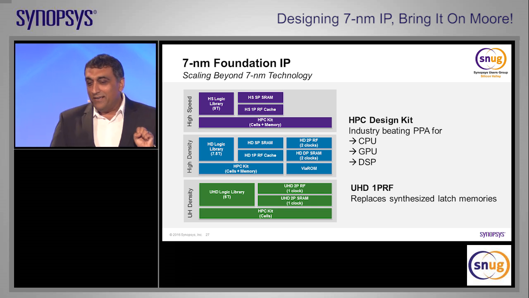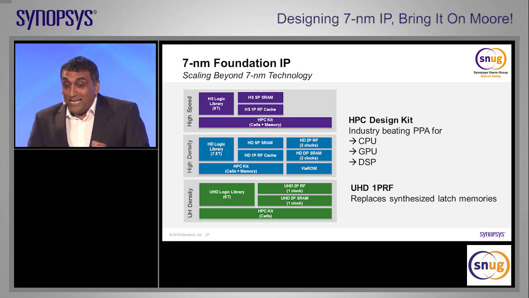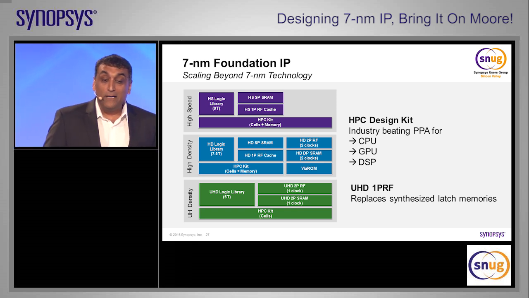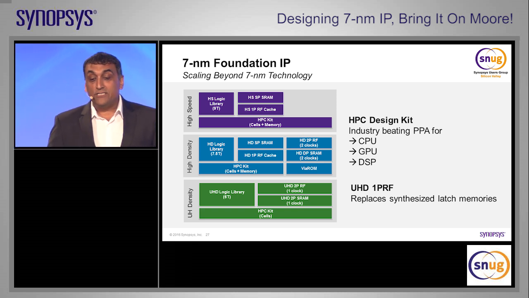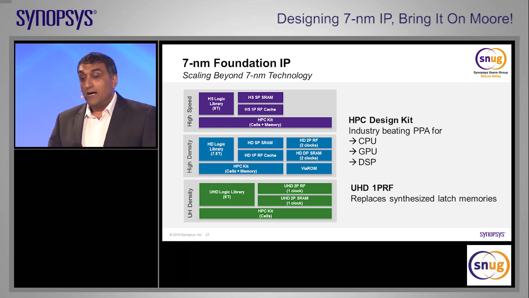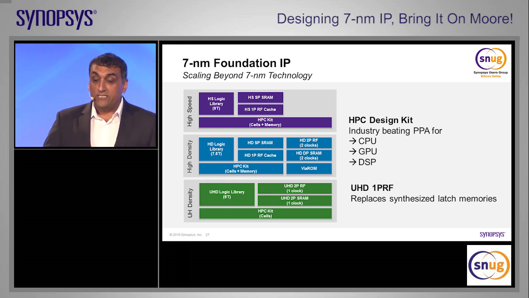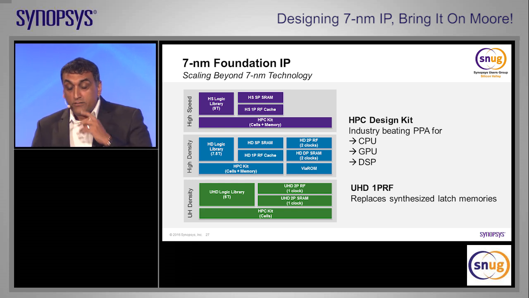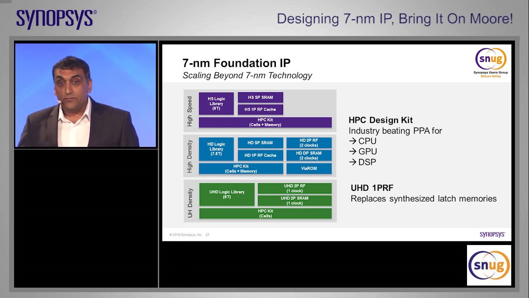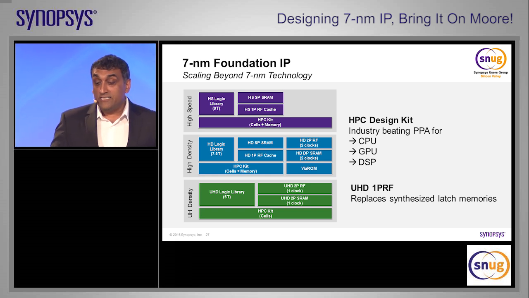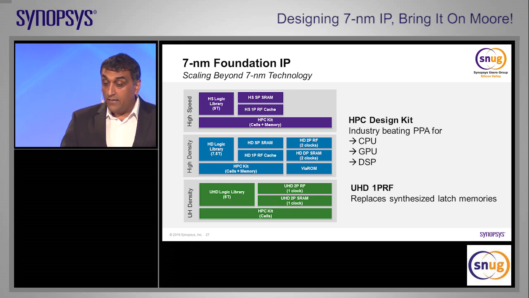What I'm saying is that as an IP developer, you can actually eke more performance out of those devices by having special memory and library elements in your standard offering. From our terminology, we call it HPC, which is called High Performance Core Design Kit. And this we've benchmarked on previous nodes. For CPUs, we've used very popular CPUs, GPUs, DSPs, and we're getting very, very good PPA using the 7 nanometer devices as we speak today.